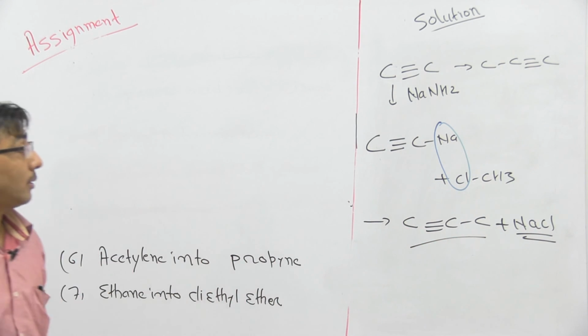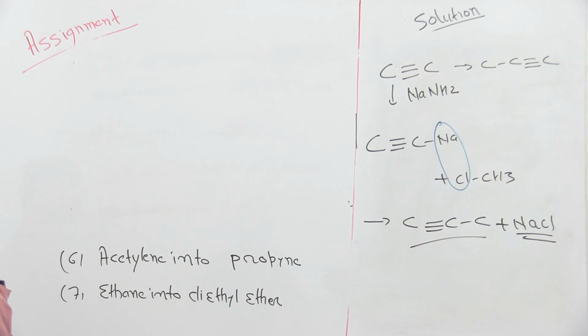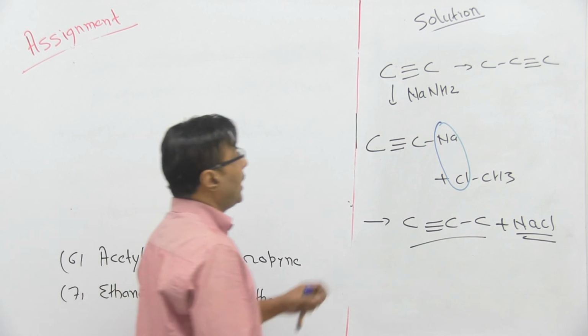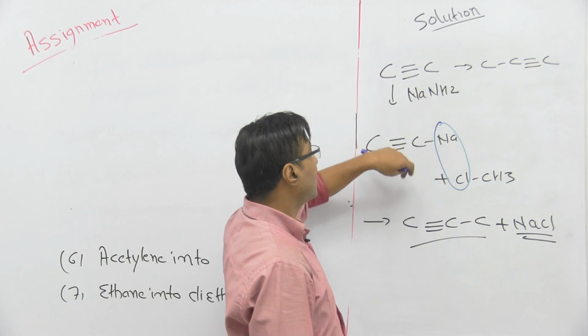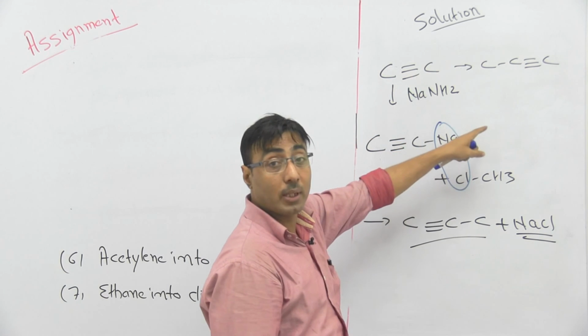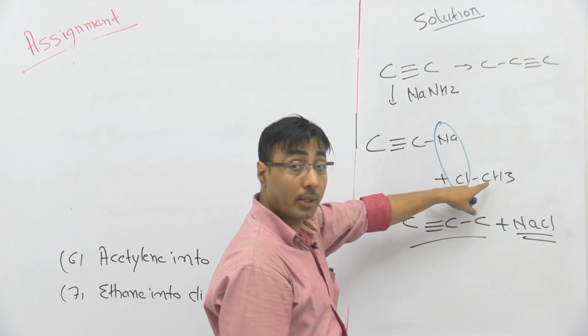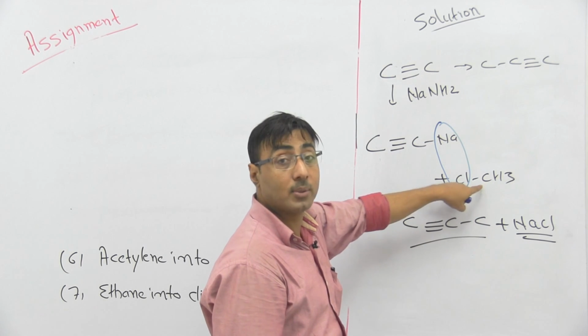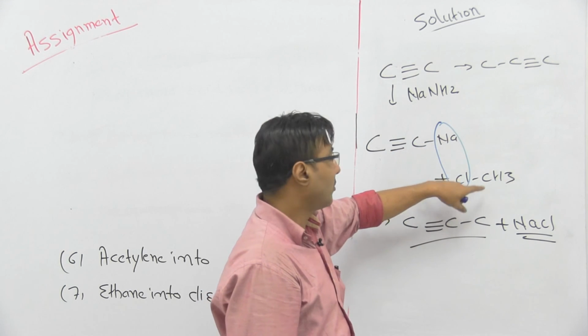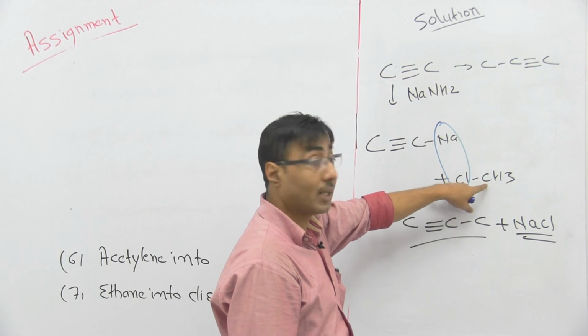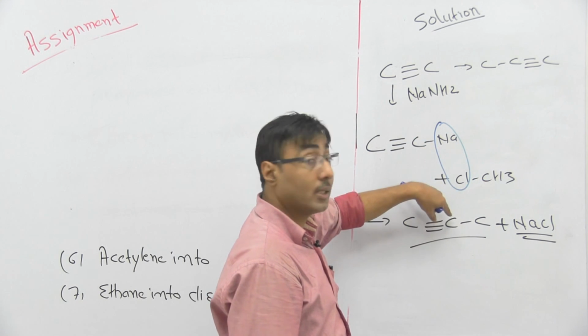It's a very simple and easier method. So when the triple bond has not to be removed, then this is one of the best methods. Suppose we have to increase the number of carbon by 2 units. Take here C2H5Cl. So 2 carbon will come. Suppose we want to go for 3 carbon, we can take 3 carbon here and we will get the respective product.